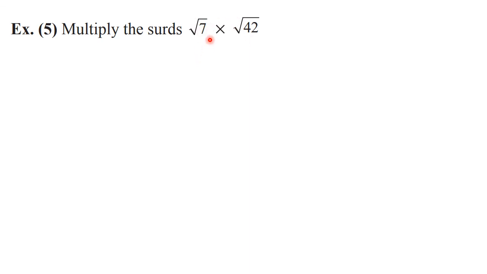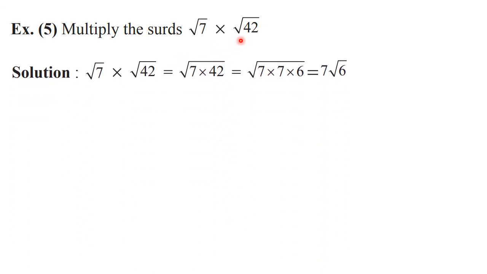So while multiplying directly also you can multiply the radicands, or you can first simplify and then also you can multiply. Okay, but the condition is what, we should have one factor as a perfect square. So here we are going to multiply it directly because 7 is a prime number and 42 we cannot express in the form of a perfect square. That is why directly we are going to multiply the radicands by taking them under the same sign.